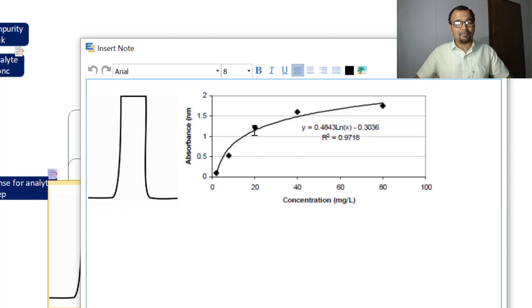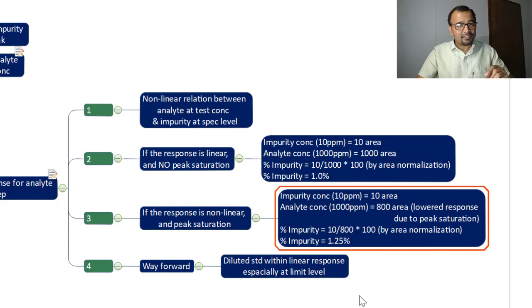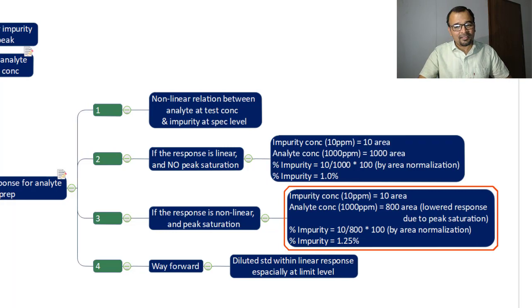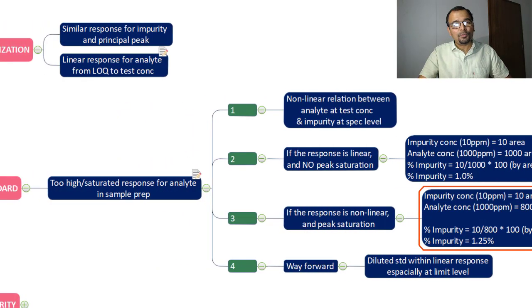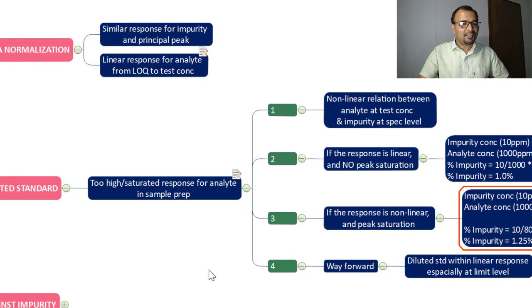So preferably, in most of the cases, analysts try to fix the concentration of diluted standard close to the specification for impurities. So it can preferably be the unknown impurity limit, but provided you must check the linear response around whatever may be the concentration of your diluted standard. It must be linear. So by this way, the diluted standard method can help you to quantify the impurities present in a given sample.